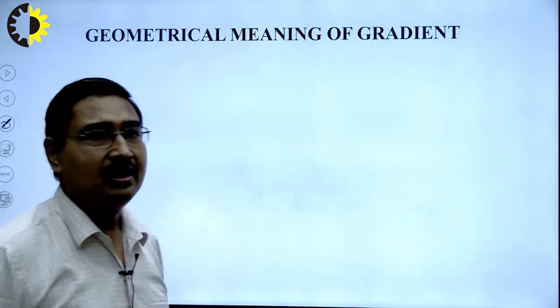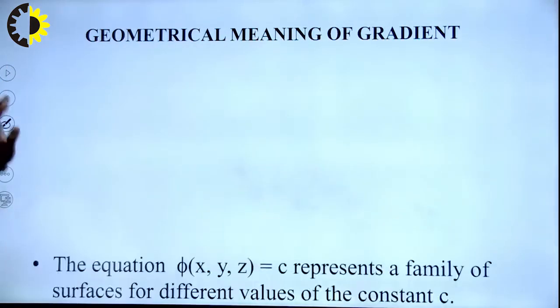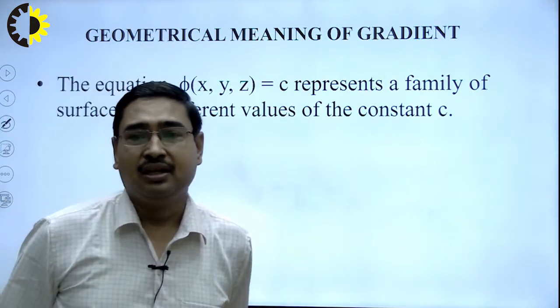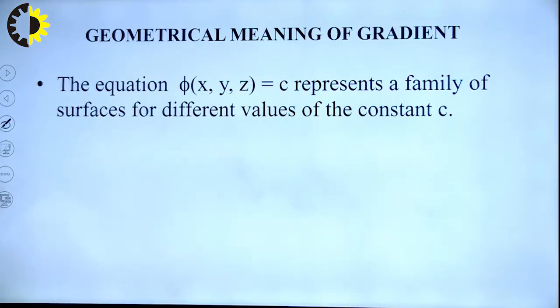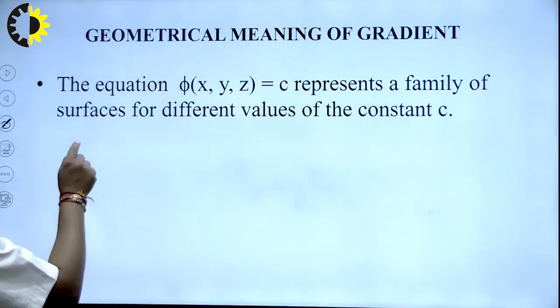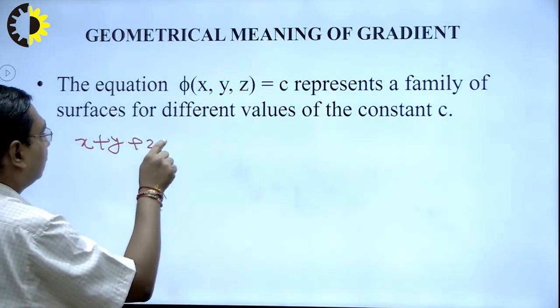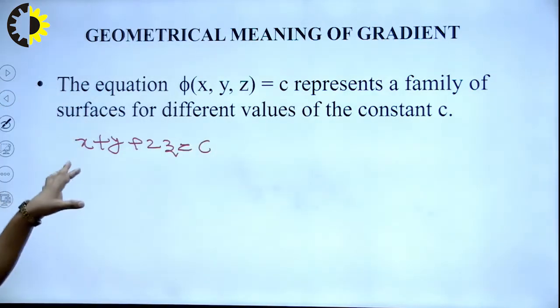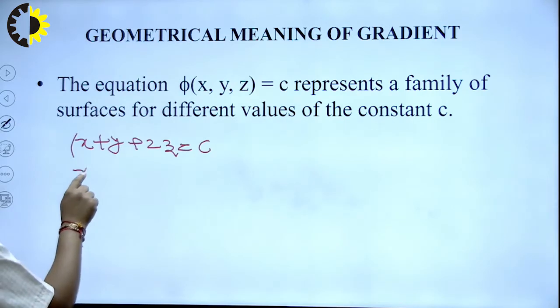Now we understand what is the geometrical meaning of this gradient. We know that the equation phi x y z equal to c represents a family of surfaces for different values of the constant c. For example, if I have an equation x plus y plus 2z equals c, then this equation will be the equation of a plane for different values of c. If I take c equal to 1, I will obtain